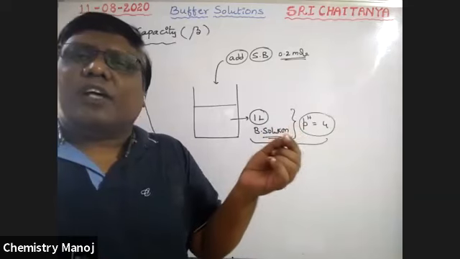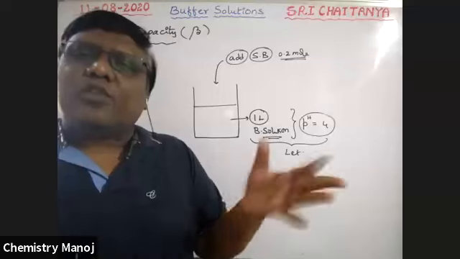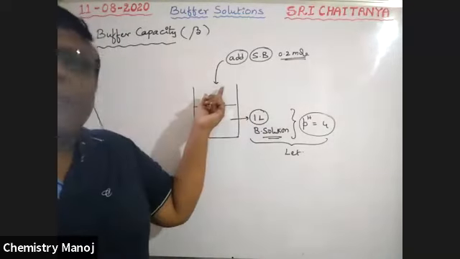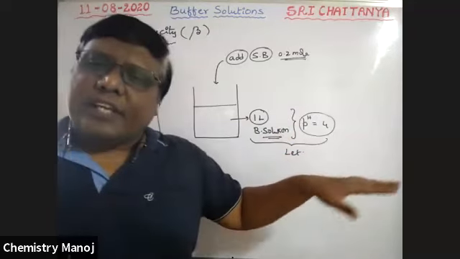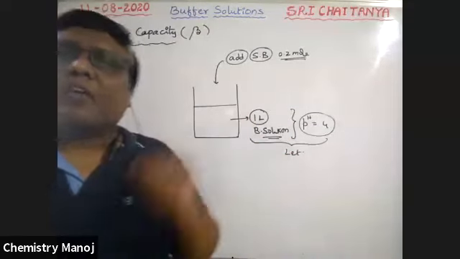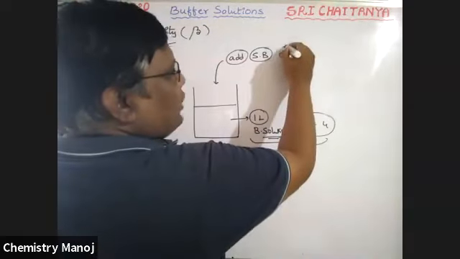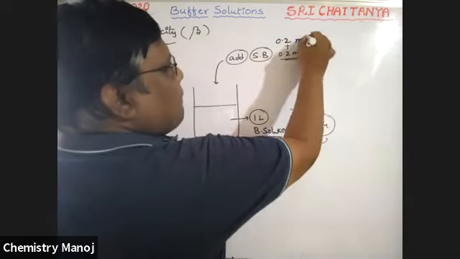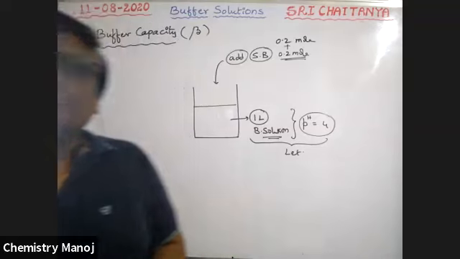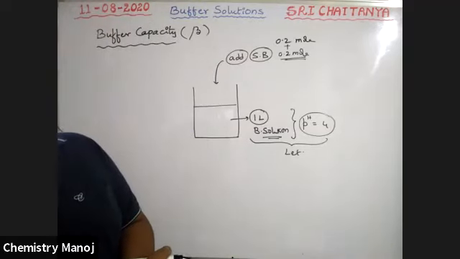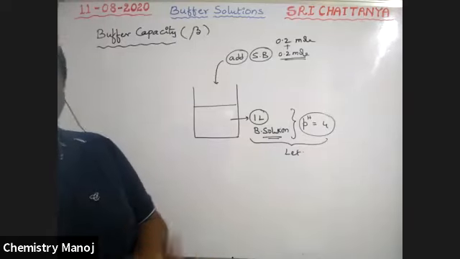On addition of a little amount of strong acid or strong base, or on dilution, there is no change in pH. That's why, since only a little strong base is added, the pH value does not change; it remains constant. Yes, all of you are correct. Now, one more 0.2 moles is added. What happened, my dear boys? Maybe constant.